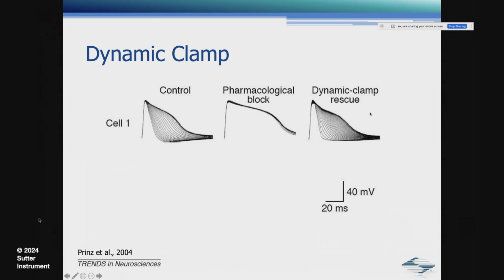So in this case, you can mimic currents, and that lets you explore what these currents would have looked like to begin with, either with a pharmacological block, or of course the same would be if you use a knockout mouse, knockout model.